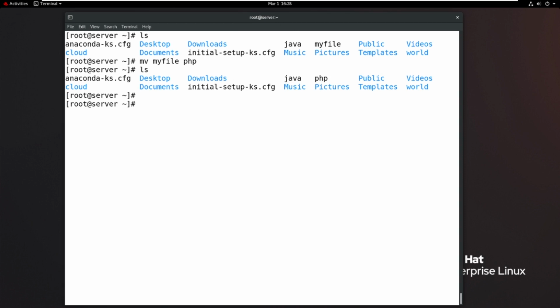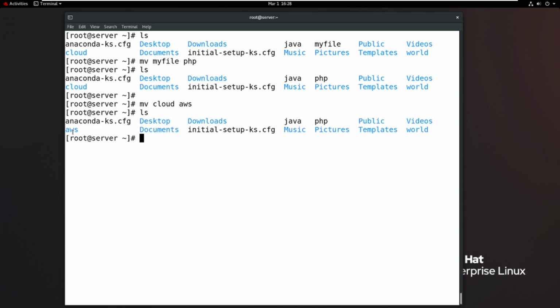Even if you want to rename directories: mv, my directory name is cloud and the new directory name is AWS, for example. Then enter. Now cloud is replaced with AWS. But if I want to cut and paste, now one file name is PHP and the target is AWS, so here both exist.